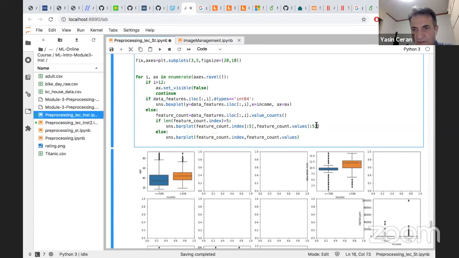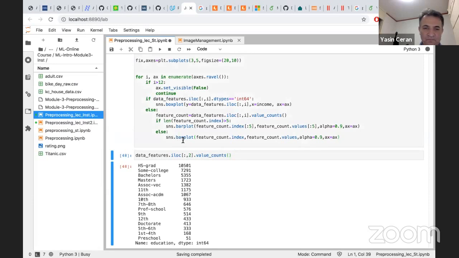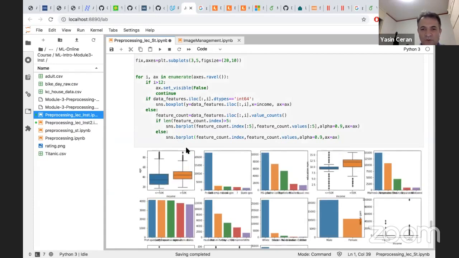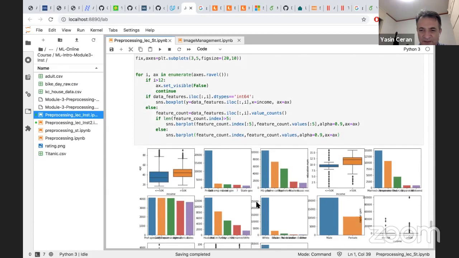Okay. Let me add this here. This is just the intensity of the color, alpha equals 0.9, and then this is going to be AX. Okay. So this is how it looks like, but as you see, there are some